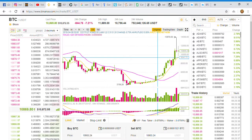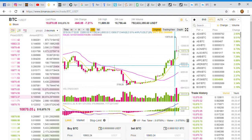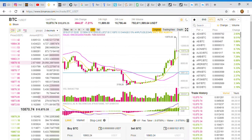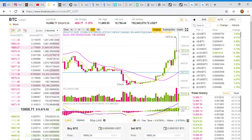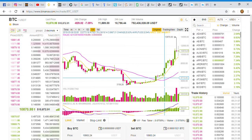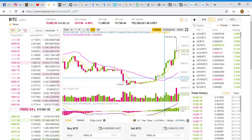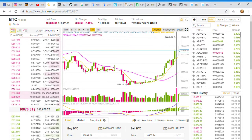So what to expect in the short term? As I've been saying in my previous analysis, I want to see a retest of this area, 7,500 US dollar. Here the slow moving average, obviously the slope of the two moving averages is positive, okay, which is something really important for us, since we want to see Bitcoin going higher and higher. And again, here we can see the Hurst bands, but in my previous analysis, I've been saying the weekly Hurst bands are positive. The slope of the weekly Hurst band is positive, which means the derivative is positive, which means that in the medium and the long term, I see Bitcoin going higher, okay, but in the short term, given this situation, so long white candle, reversal symbol, and now a doji formation,